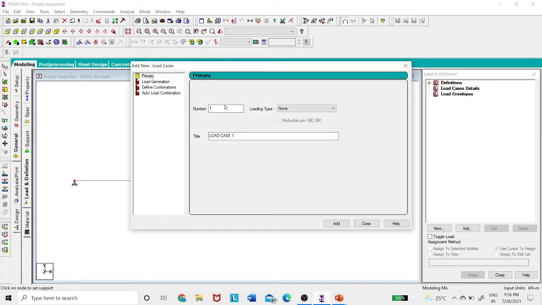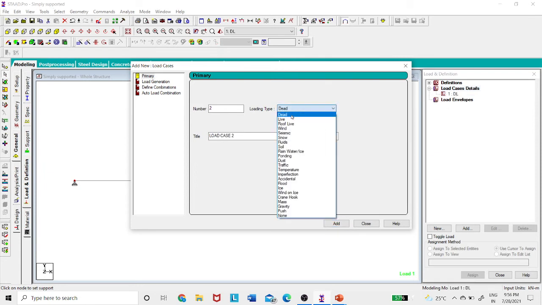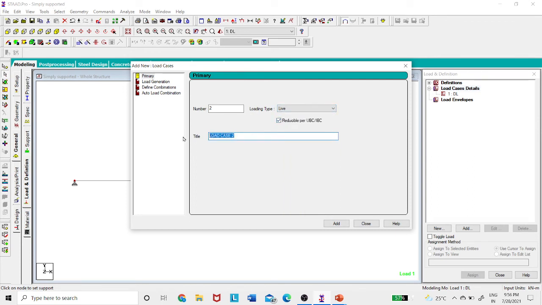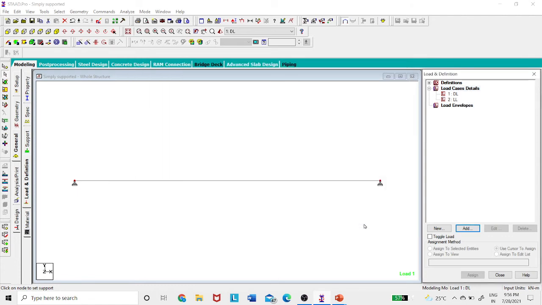There is a primary load case, the first load case. You can see this is dead load, DL, and what type of loading is it? It's a dead load. Then press add. So I have created one load case. There is another load case I have, that is live load. So load type is live, and there is a live load LL. Add. Later, once I have defined the loading and all, I will give the load combination.